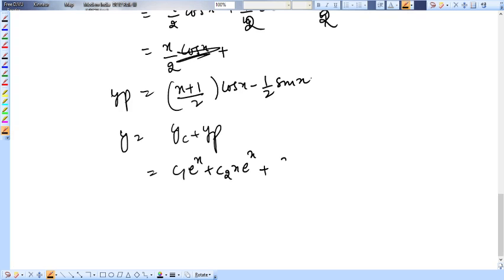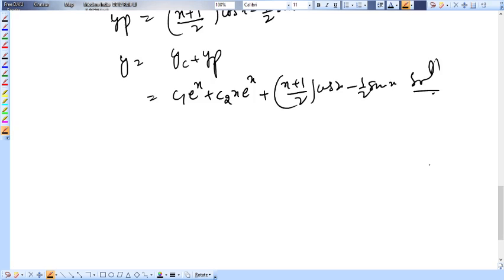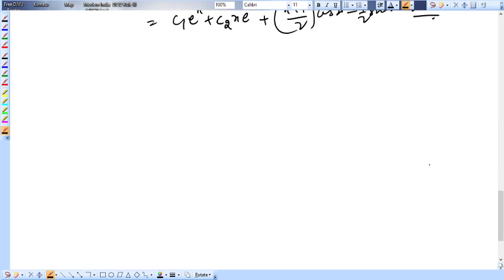Now the particular solution is x plus 1 divided by 2 cos x minus half sin x. So this is the solution of the given differential equation. One more problem we are going to solve. So the problem is